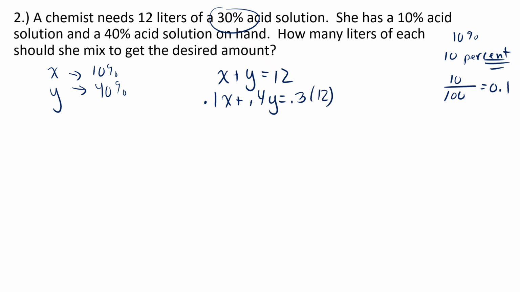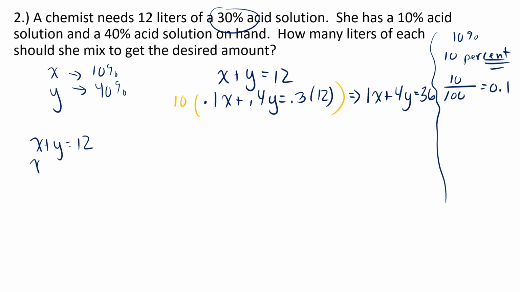over that 12 liters. And I'm going to do what I did in the last one, which is take everything in that bottom equation and multiply it by 10, because I don't want to deal with those decimals. So 10 times 0.1 is just 1. 10 times 0.4 is 4. 10 times 0.3 is 3. And 3 times 12 is 36. So my two equations now are x plus y equals 12, and 1x, which is just x, plus 4y